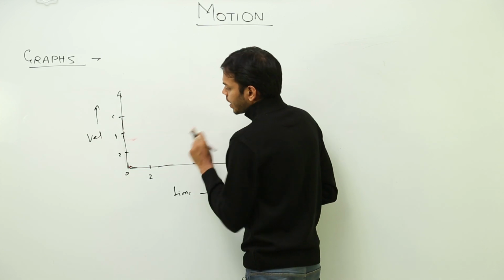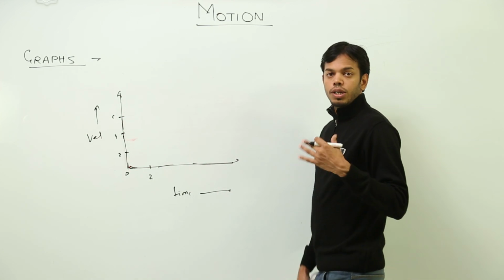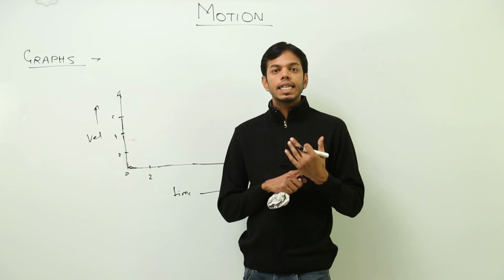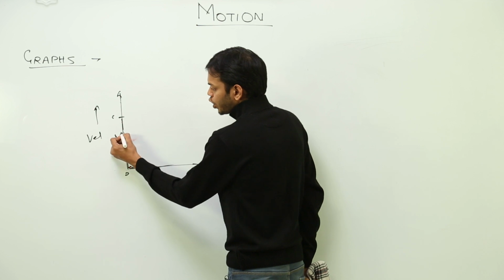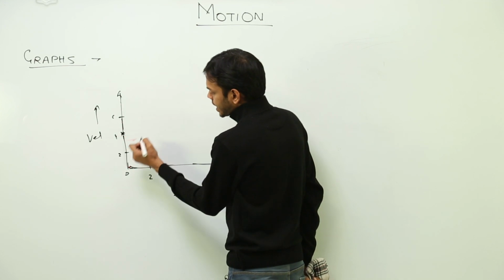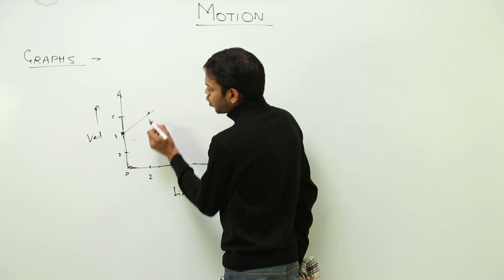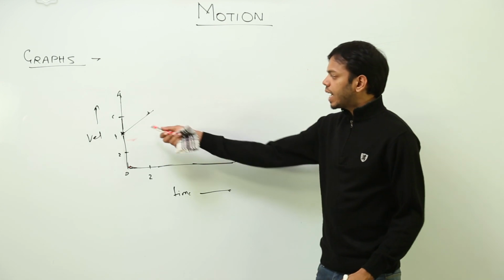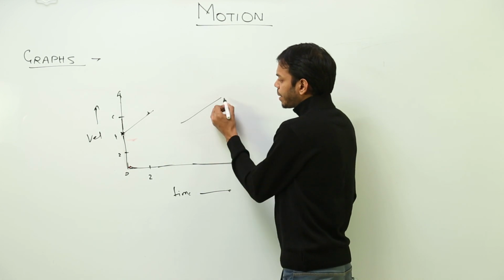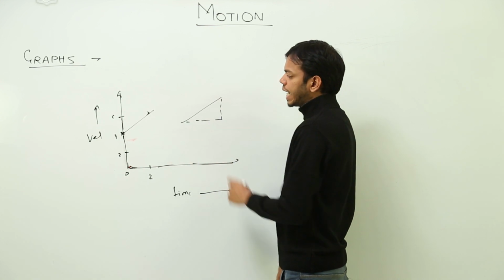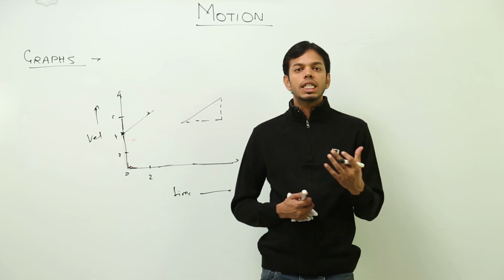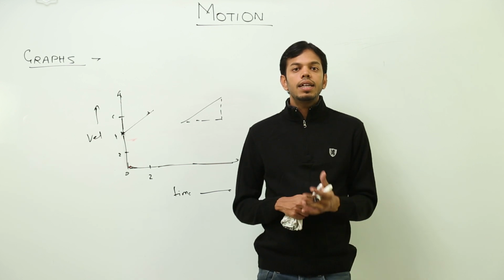Now I want to represent a graph where an object has increased its speed from 4 to 6 in 2 seconds. So at t equal to 0 it is at 4, at t equal to 2 it is at 6, and the graph would go like this. So this kind of line, when there is a slant, means you have a change in the value of speed with respect to time, that means the object is changing its velocity,